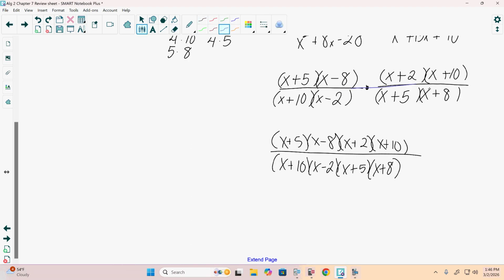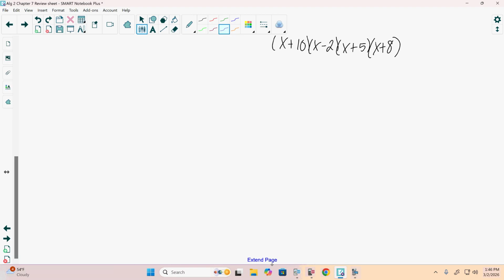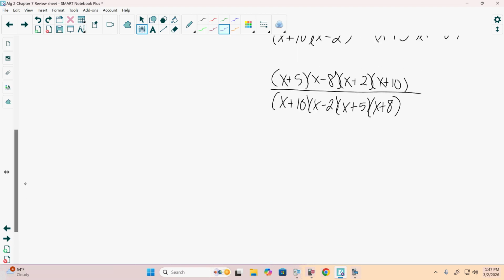Either way works, because we don't really have any monomial terms to rewrite. We could do either way. They both work. But we do know that a few things are going to simplify. On top and bottom, the x plus 10 and x plus 10, x plus 5 and x plus 5,